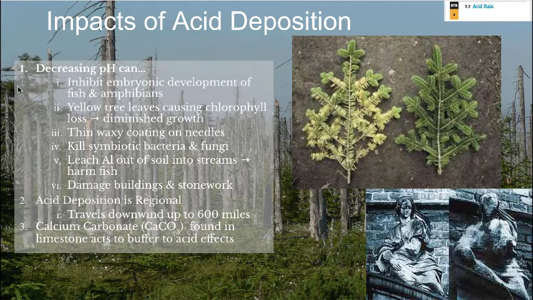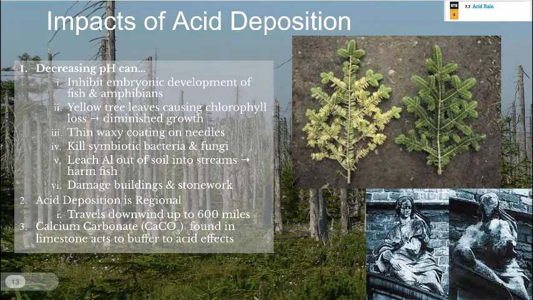So why is this bad? Why is acid deposition a problem? Well, decreasing pH, however small, if we're supposed to be more neutral, even if we decrease it by 1 pH unit, so from 7 to 6, or even below from 6 to that 5.6 mark we talked about, the pH can cause issues. Particularly, decreasing pH can affect aquatic organisms with a lot more significance because they're surrounded by this decreasing pH all the time. If we change the pH of a stream or a lake, what ends up happening is the embryonic development of a lot of fish and amphibians can be stopped completely, could destroy the eggs, could cause birth defects